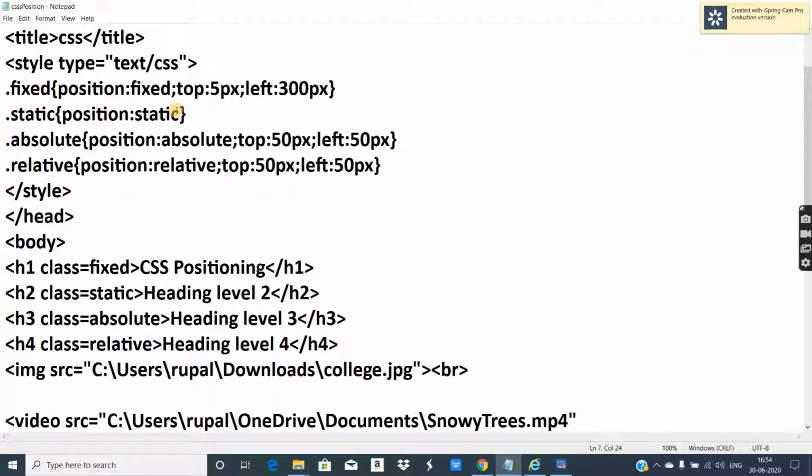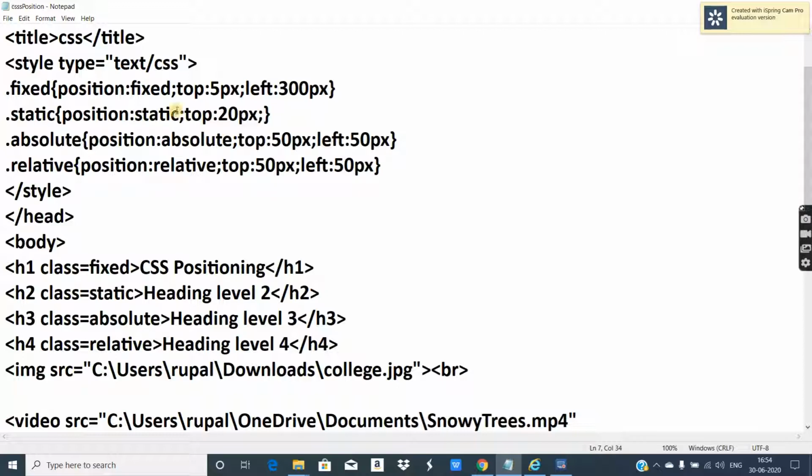Now in static, if I apply positioning, you can definitely apply it. So I'll give top as 20 px and a semicolon.